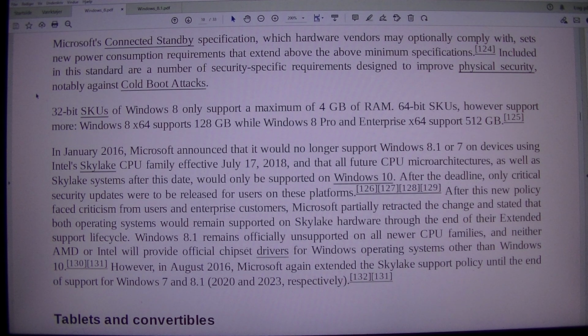Connectivity. Microsoft's Connected Standby specification, which hardware vendors may optionally comply with, sets new power consumption requirements that extend above the above minimum specifications. Included in this standard are a number of security-specific requirements designed to improve physical security, notably against cold boot